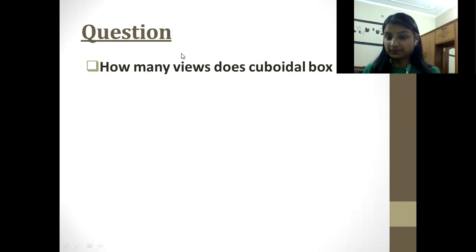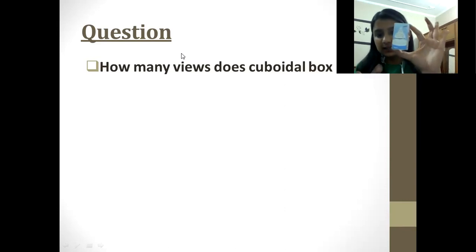You can also observe, as your elders or your parents might have, any drops. There is a box that is made up of a cuboid. You can see here a cuboidal box. Now they have asked for the views, which we have just done in the last slide. That was front view, side view, and top view.